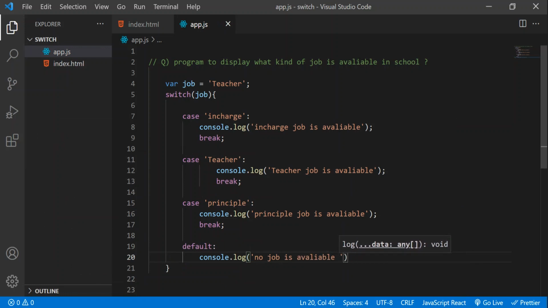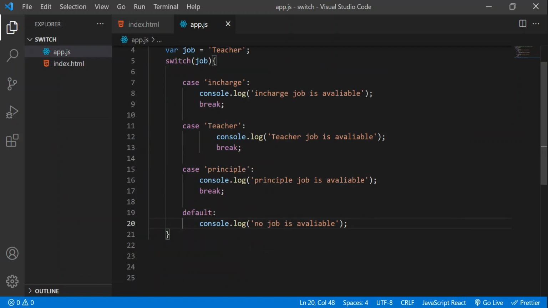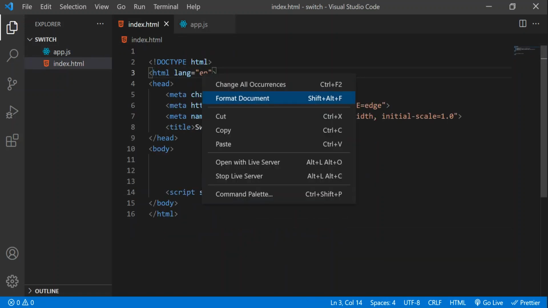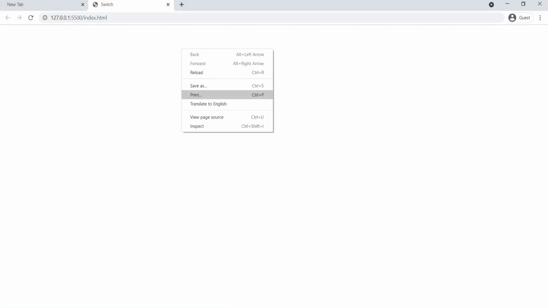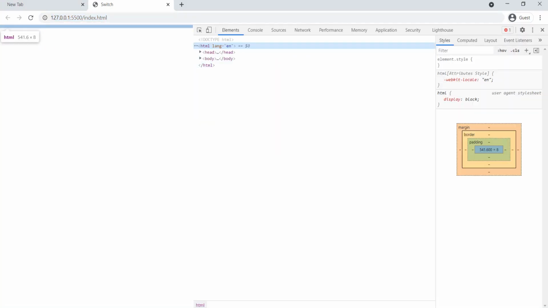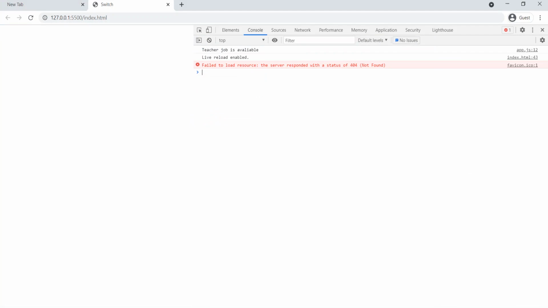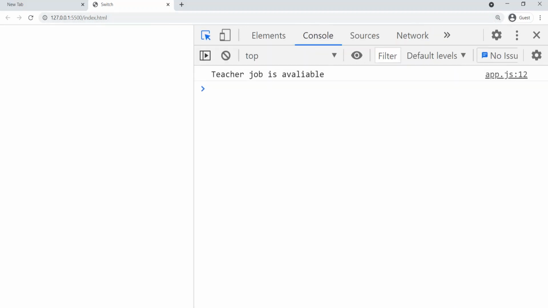Okay, and after that let's come out of this loop and let's see what we are going to get as output. So I'm going to index.html and opening with live server. Okay, so let's inspect these ones, and I'm going to the console. Let's refresh these ones. Okay, I'll zoom it, guys, so that you'll be able to see. I hope it is visible to you.